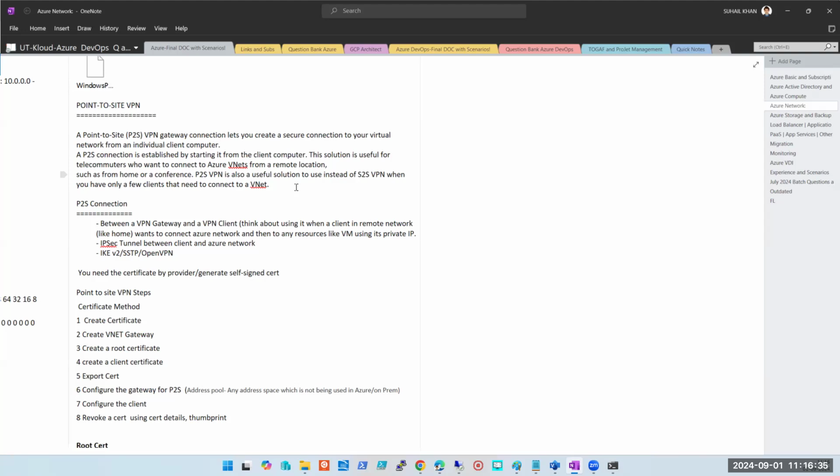Let's talk about two sites, okay? There's a site A in Mumbai, there's a site B in Pune. Both of them, but there are only one or two users at that site whose work is to use Pune's resources. Let's say there's a manager sitting in Mumbai, right?